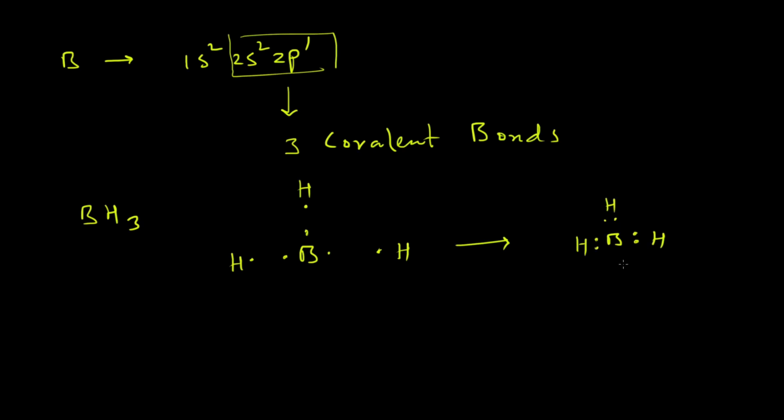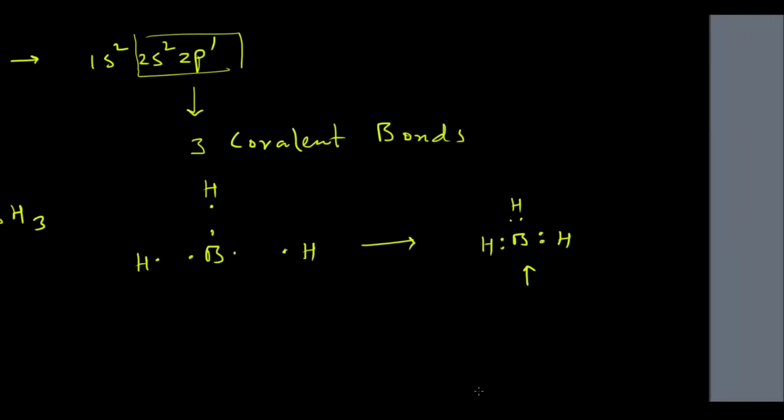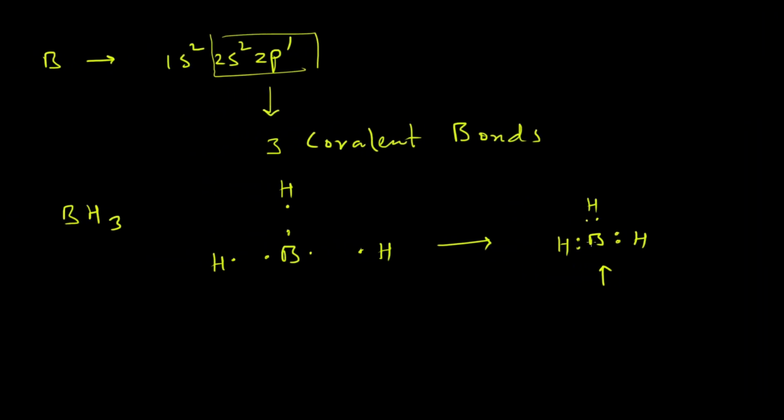So this is the Lewis dot structure for boron, but you can clearly see that there is one position available for accommodating an extra pair of electrons, and this accounts for the Lewis acidity of boron compounds. All the boron compounds have this type of vacancy around the central boron atom, and that's why they are tremendously Lewis acidic in nature. So you can clearly see that to attain that octet configuration, this Lewis acidity is coming into the picture, right?